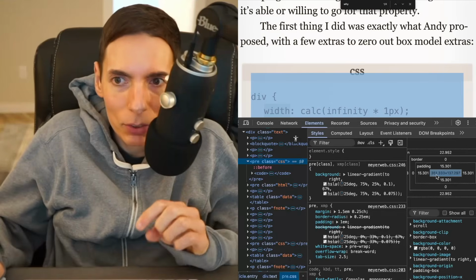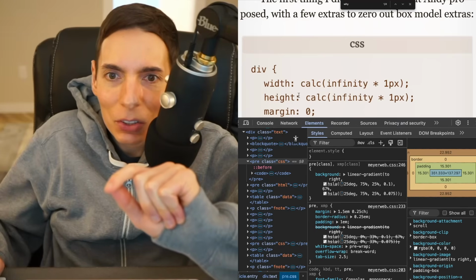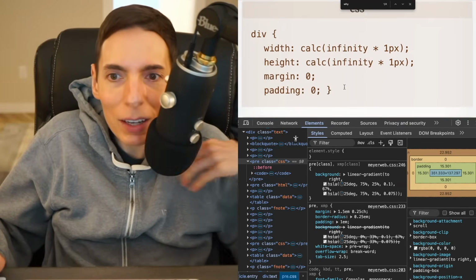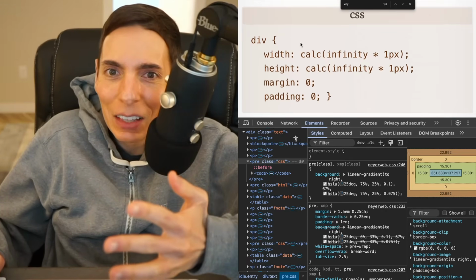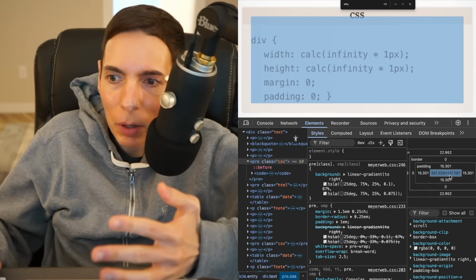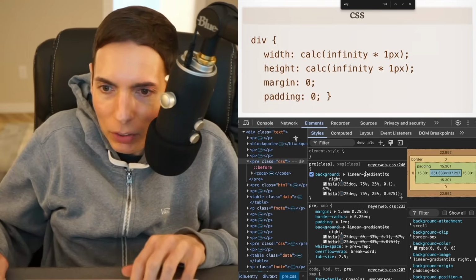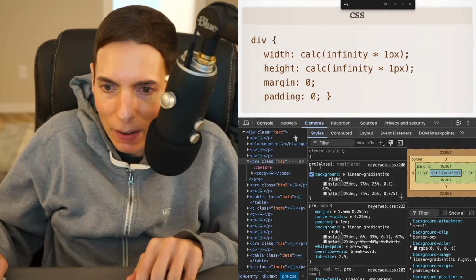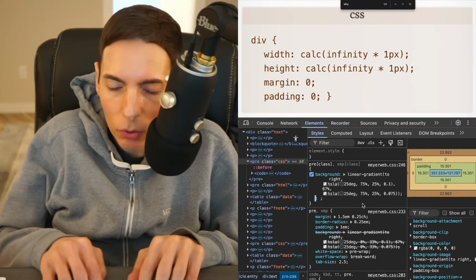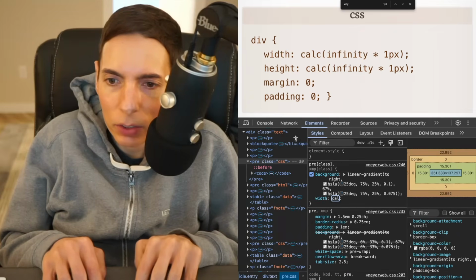Here's what I'm really curious about. What will happen when we turn this CSS box into infinity? Right now it's finite, right? It's got a clear width and height, 351 by 137. So, finite. But let's make it infinite. I think there's a way to add it. Let's do width, and then we say calc, C-A-L-C,